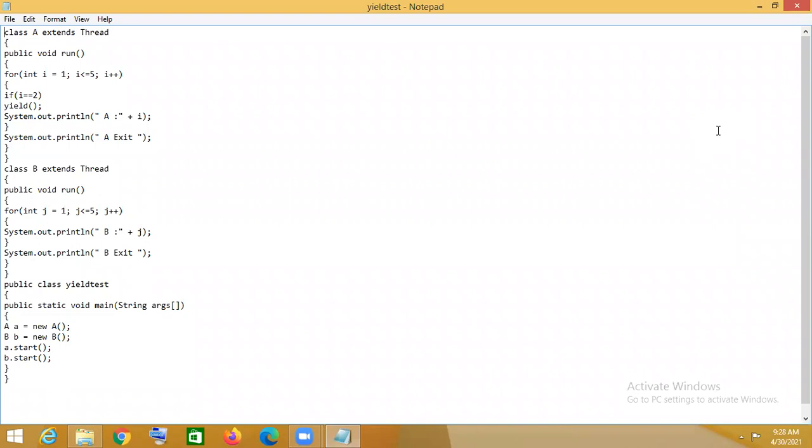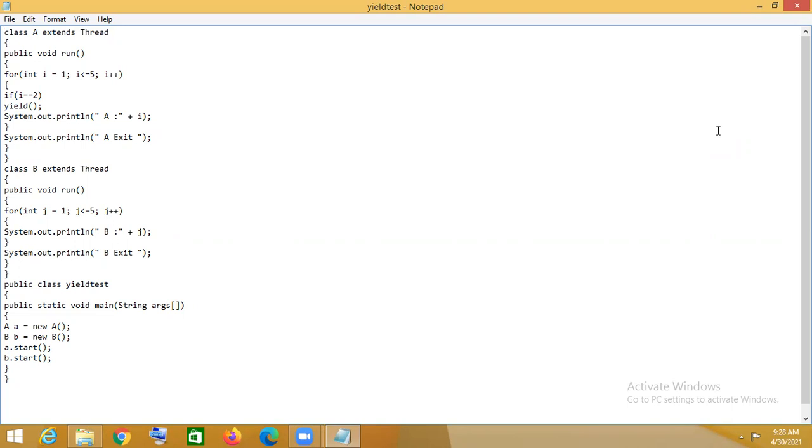But in the yield method, it is just the opposite: the particular thread which generates the yield method, its execution will be stopped and others' execution will continue. After completion of others' execution, the thread which generated the yield method will be resumed. But one thing you have to keep in mind is that the threads which are present have to be the